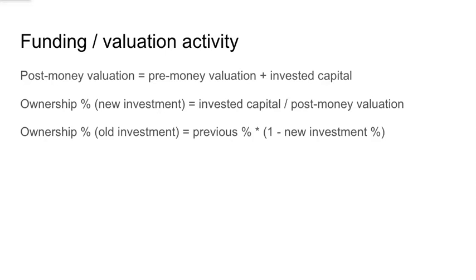So what's happened to your stake? Well, since the new investor got 50% ownership for their $10, the value of the company is still only $20. But you don't own half anymore. You used to own half. To figure out how much you own now, you take your percentage from before, which was 50%, and you multiply that by 1 minus how much of the company the new investor got. Well, the new investor got 50%, so 1 minus 50% is 50%. So then we multiply that by the 50% that you had previously. 50% times 50% is 25%. And so your ownership stake is now only 25% of the company.